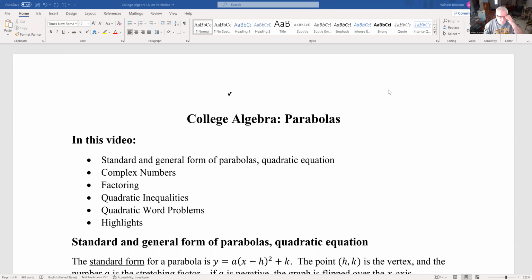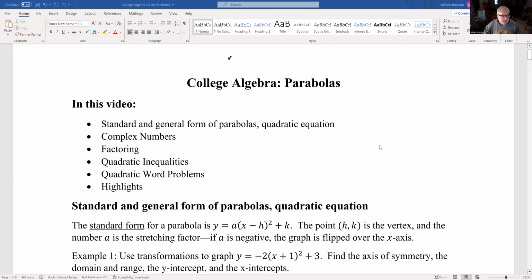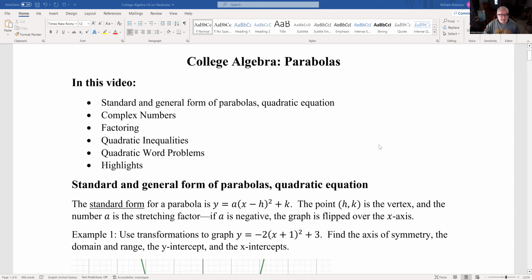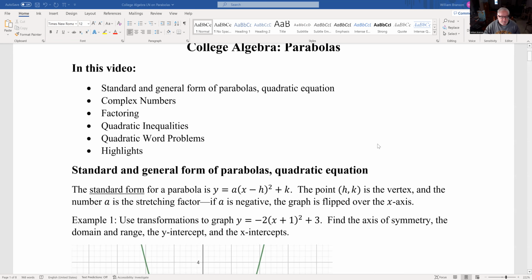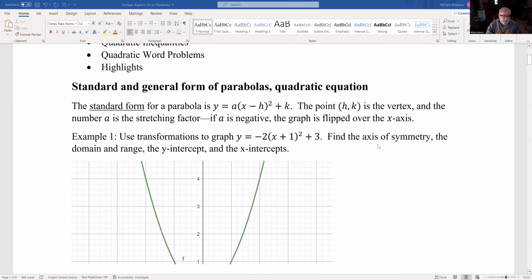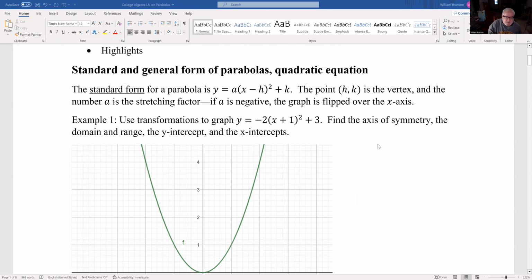Okay, so parabolas. And in this video, and actually I'm going to make two videos here, both kind of short so that they upload to YouTube better. So we'll look at standard and general form of parabolas, the quadratic equation, complex numbers, factoring, quadratic inequalities, and quadratic word problems. So the standard form for a parabola is this,